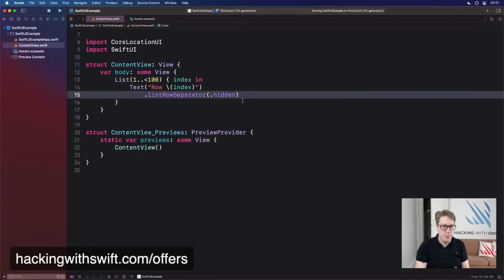Do not show the separators, like that. And it'll hide it for that row. And you can also say, actually, I want to have a tint color. So let's do a list row separator tint of red. Also works. There is no way, I believe at this point, to adjust the inset, because clearly that's very hard to do. But we can at least hide them, and we can at least colorize them.